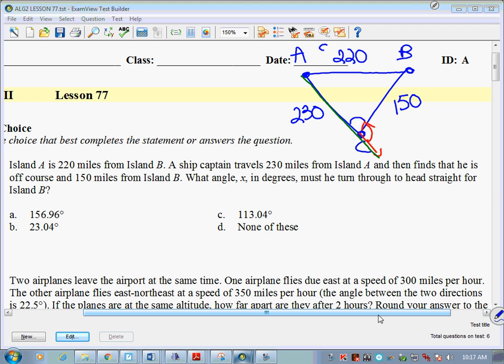220, because it's opposite, right? Side C. What is side B? 230. And what is side A? 150. Okay? So our equation should be 220 squared equals 150 squared, right? We're just following the equation at this point, and you guys should be able to see that